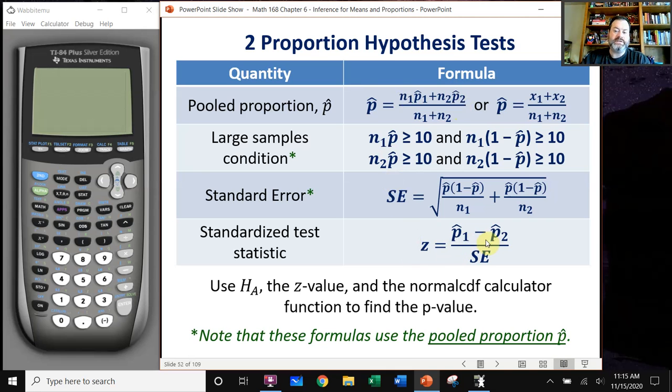And the standardized test statistic is just this. Again, there's a -0 here, but you don't have to write it. And then we're going to use the alternative hypothesis, the z-value, and the normal CDF calculator function to find the p-value. So this is basically as complicated as it gets